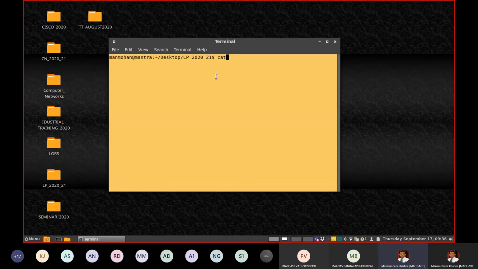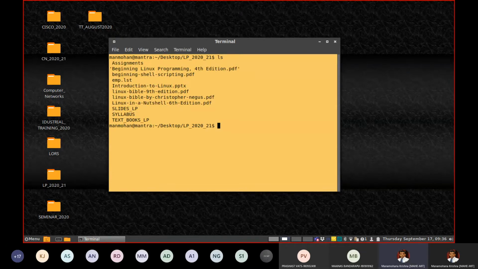Now, for all these discussions, let us assume that we have a simple database. So I already created one particular file, emp.lst. This is the data file for us.